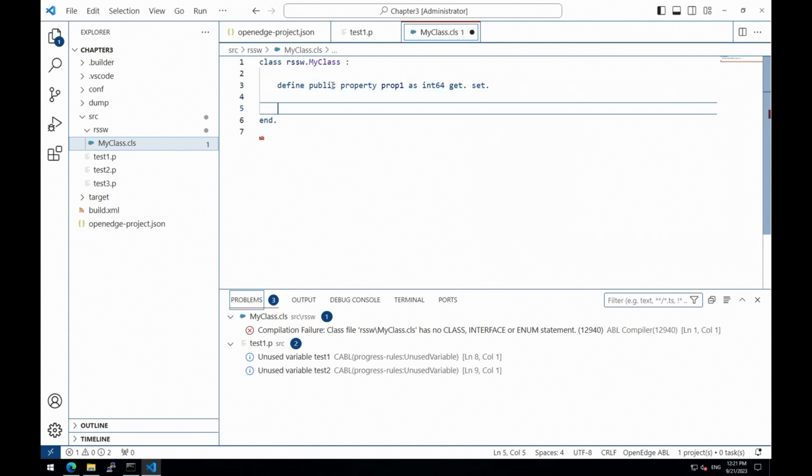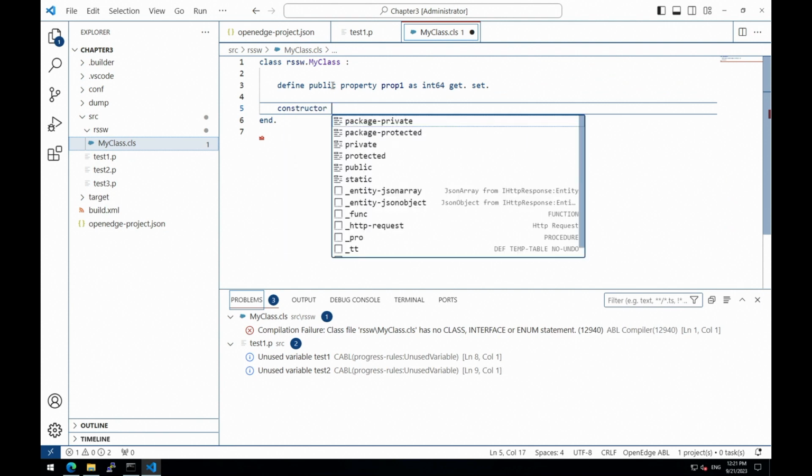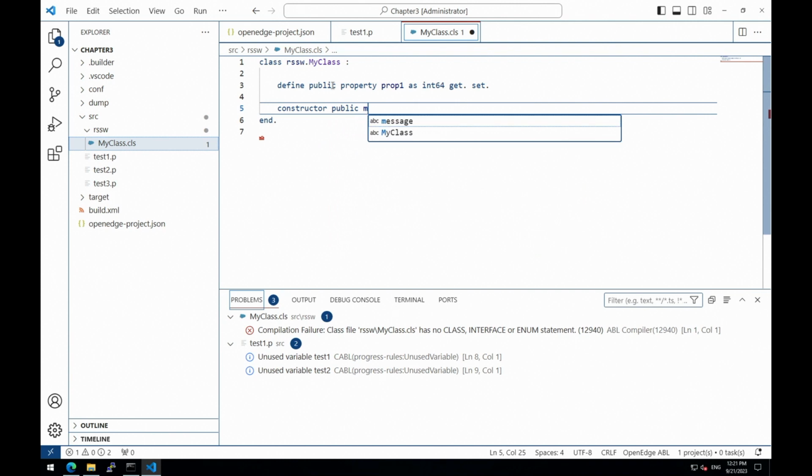We can define a constructor, for example, public myClass.